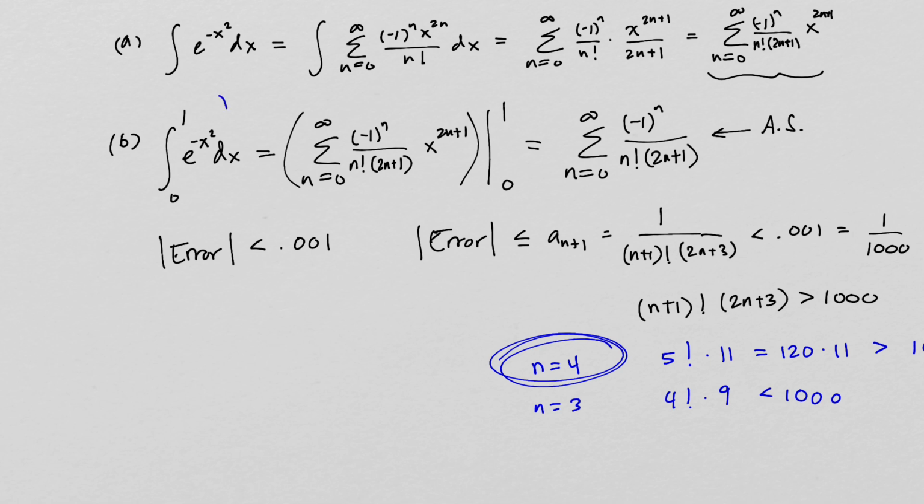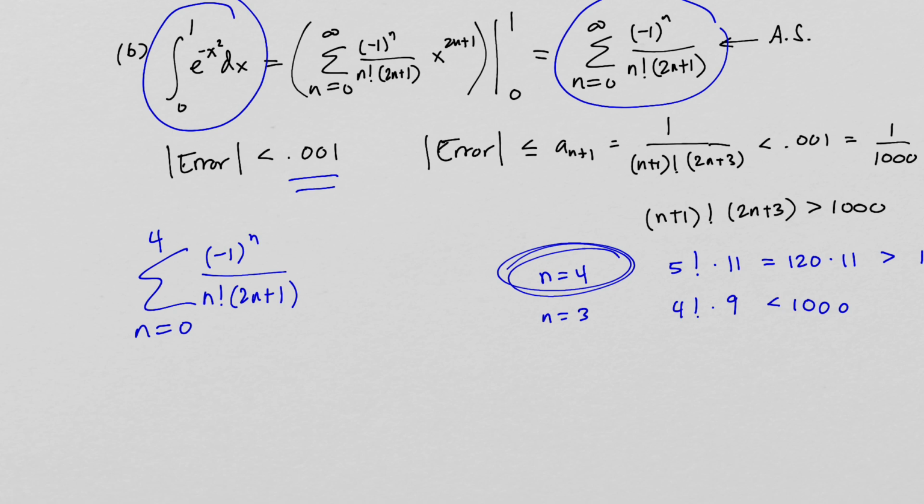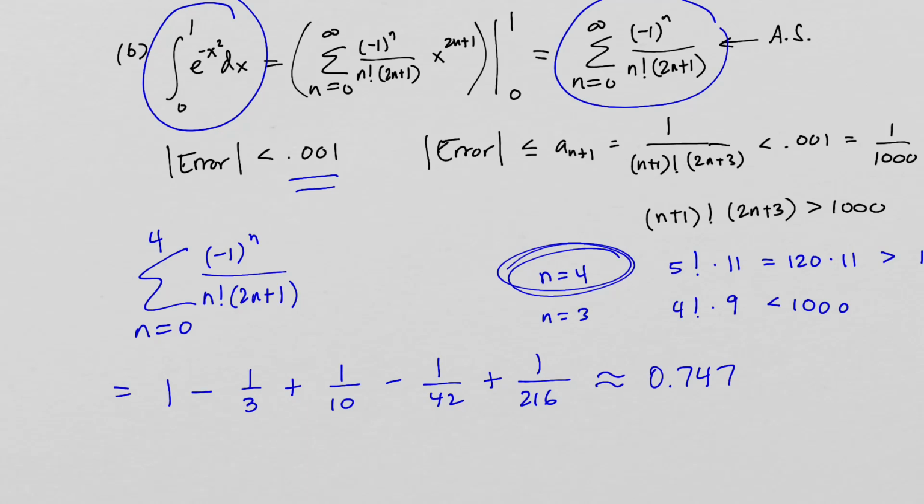Well, it means to approximate this integral to within this error, we need to add up this series from n equals 0 to n equals 4. And when you plug in those first 5 numbers from 0 to 4, you get the following. And this is approximately equal to